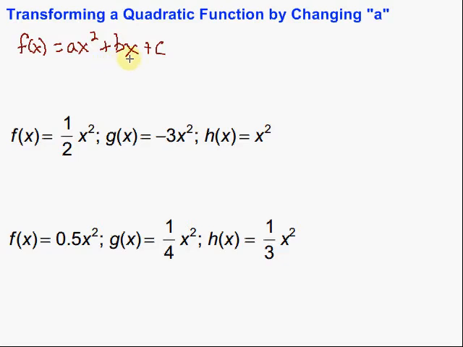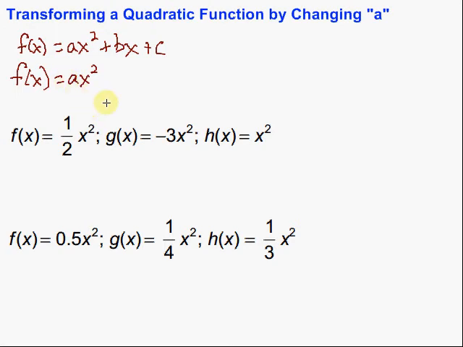Namely, the graph will either get narrower or wider depending on that value of a. So we're going to look at the parent function, the parent quadratic function it's often referred to as, where we have f of x equals ax squared. And the parent function, of course, that would be a equal to 1. So this value a right here, we're going to look at the absolute value of it, because